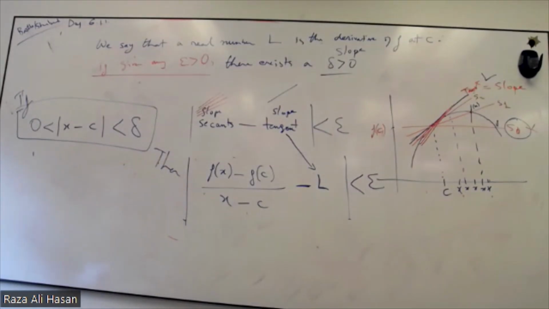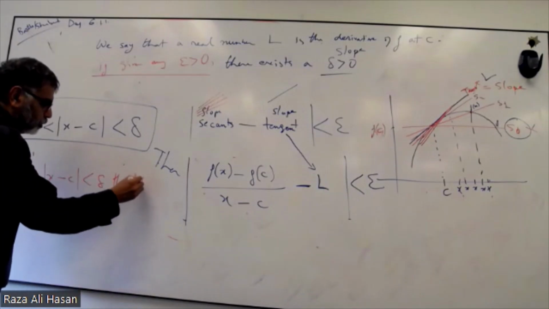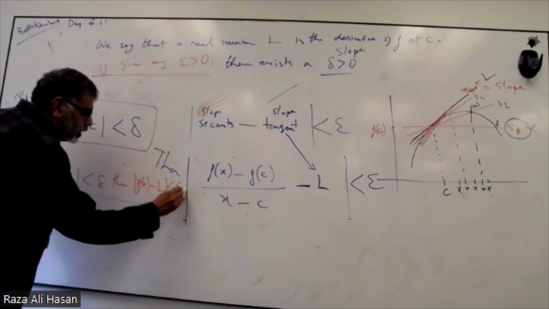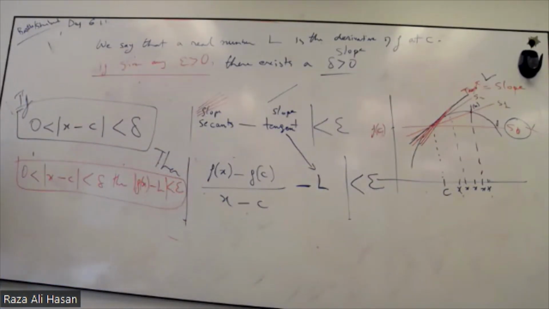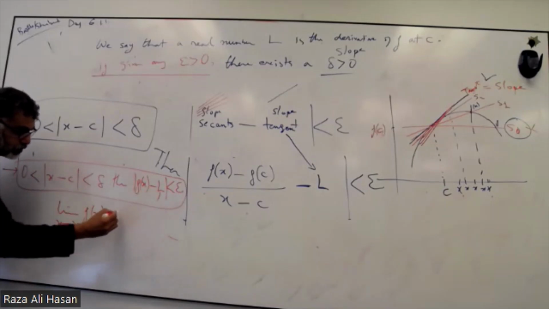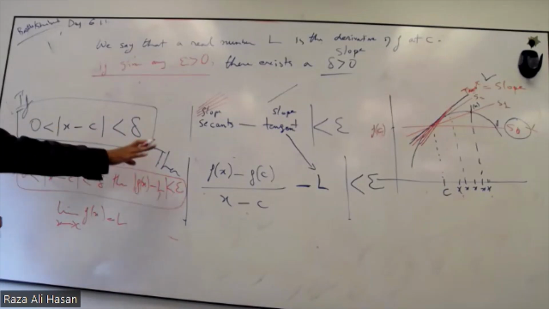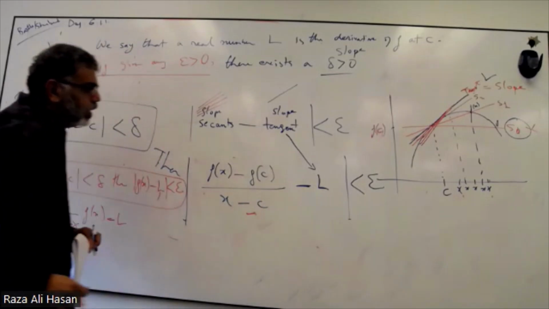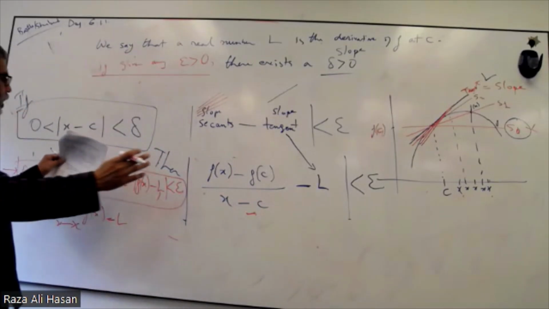So let's do that quickly here. I'm going to have just this. If I had this and then I had f of x minus L, can people see this? If I had this, what's the limit notation for this? This is the definition of a limit of a function, right? So this is going to be limit of f of x as x goes to c equals this number here, L. Here we are dealing with, the domain is here, and then